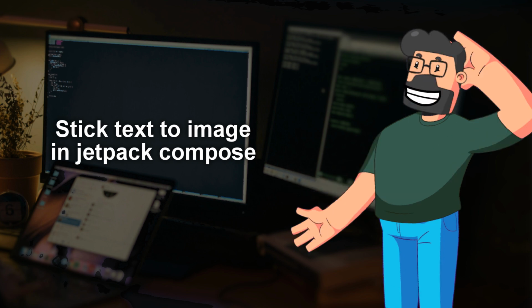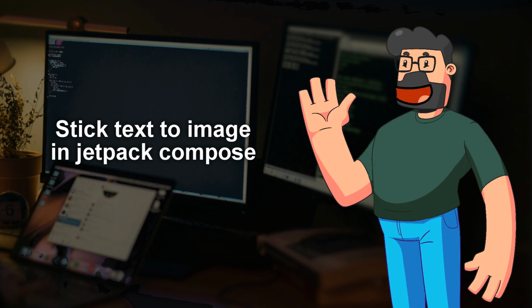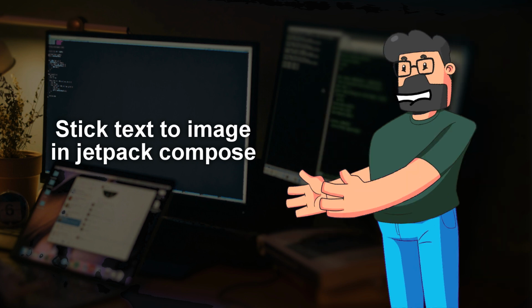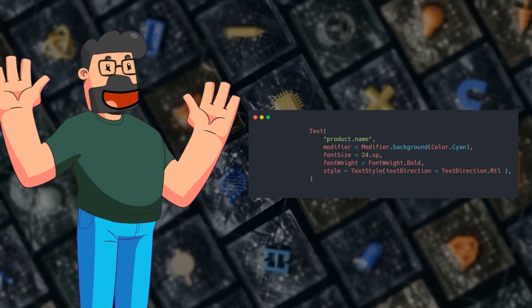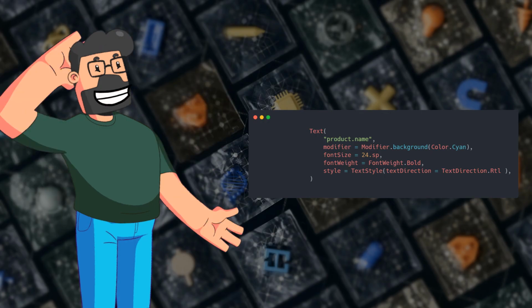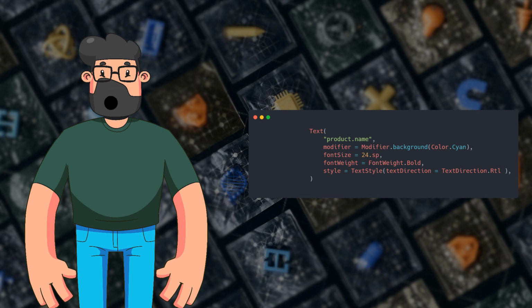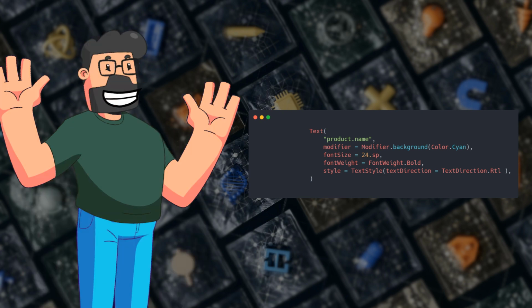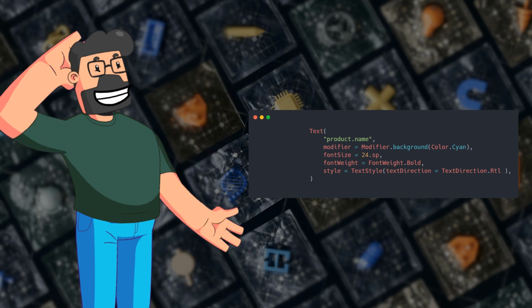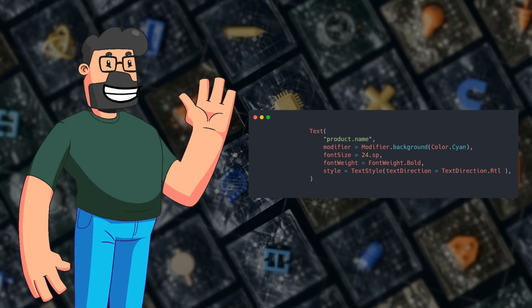You try using the text style TextDirection.Rtl, but it just doesn't seem to work as expected. Frustrating, right? But fear not, because here comes the solution. The reason why the TextDirection.Rtl doesn't work as intended is because the text size is limited according to the text length. To make it work smoothly, you need to add modifier equals